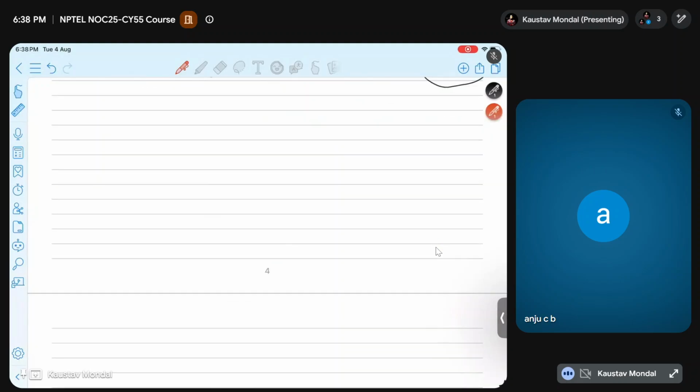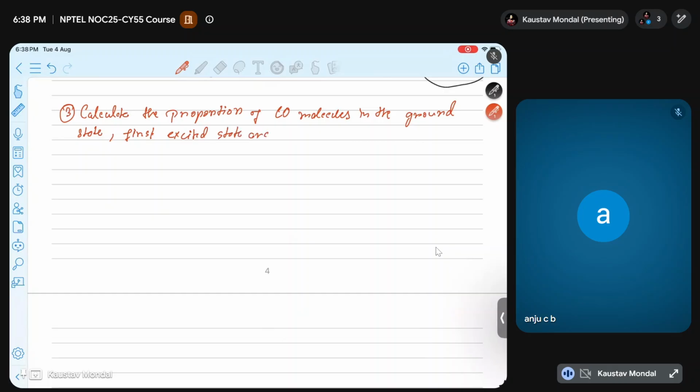Problem number 3 is: calculate the proportion of CO molecules, CO is the molecule name, in the ground state, first excited state, and second excited state. Okay,